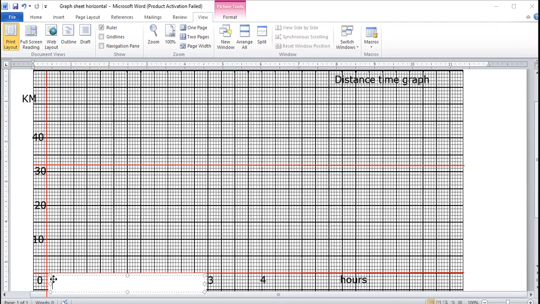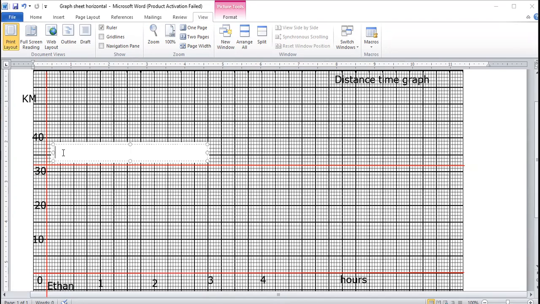Okay, Ethan will be moving from this point. This is going to be Ethan. Okay, Ethan is over here and I'm having Michael over here, right? So I will be working in this way that Michael's distance will be calculated in this form and Ethan's distance will be calculated in this form. Okay, now what they are saying over here is that Ethan is cycling at a constant speed of 20 km per hour.